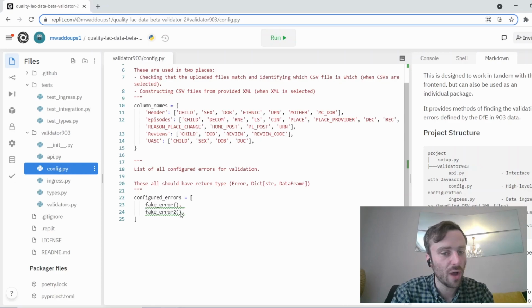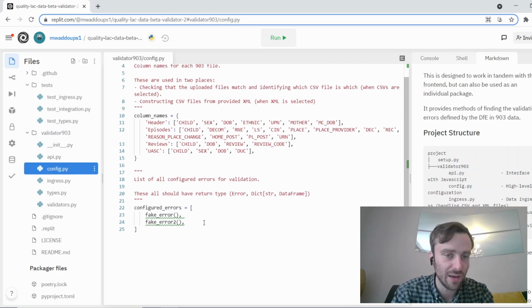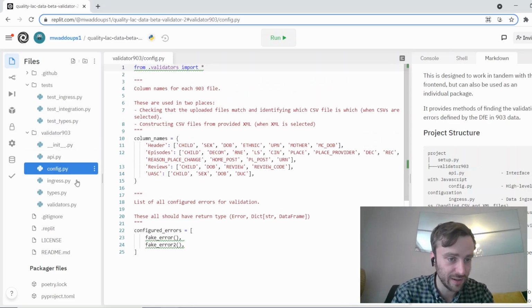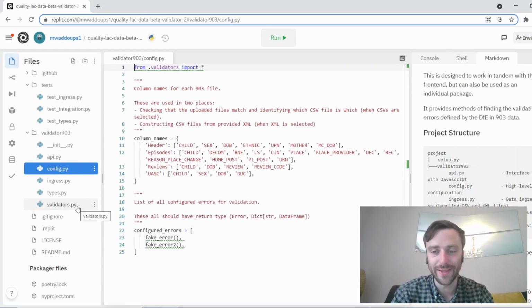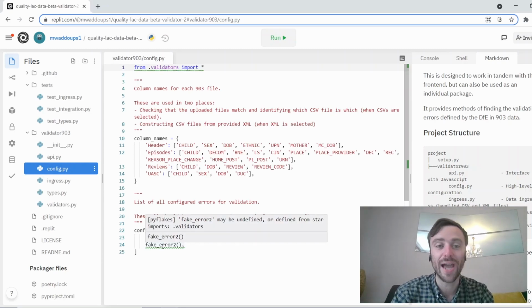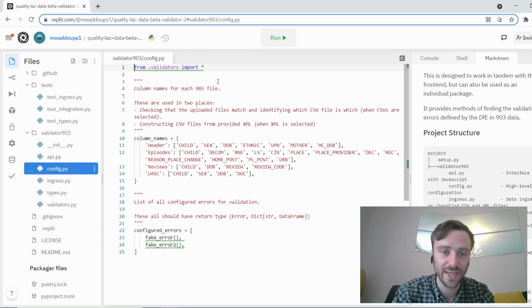Otherwise, the important part for our work is this list of configured errors. So you can see that right now I've only got these two fake errors, which I'm using and importing from the validators file. However, I'll be removing those shortly from this repo, and over time, the hope is that this configured errors list will then list every error that it's possible for this validator to check. And you can see that these errors are currently being imported from validators. But the import star syntax just means import every single function that's in validators. So if we have a look at the validator side now,